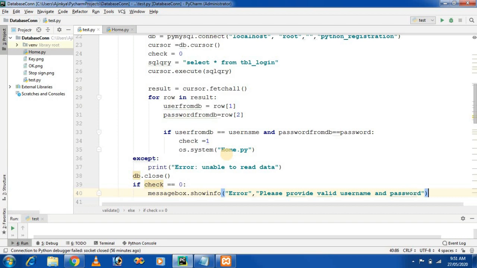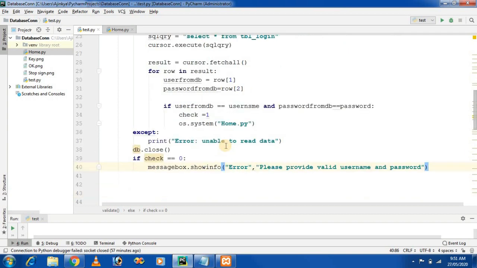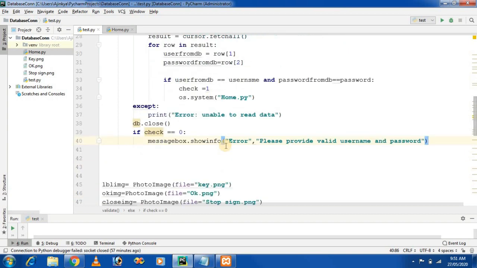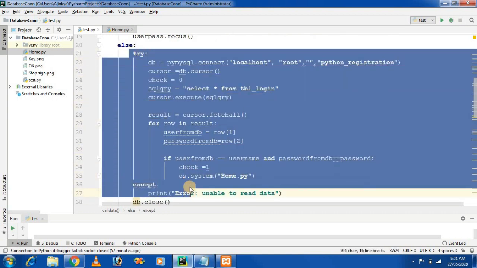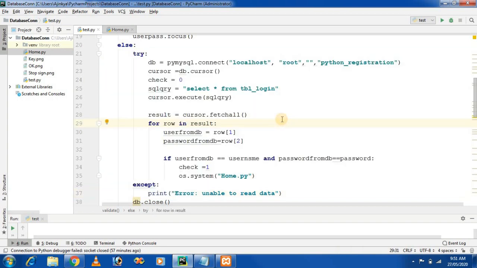So this message will be displayed to the user if the username and password are incorrect. In this way you can check from the database whether a valid username and password are present in the database or not.